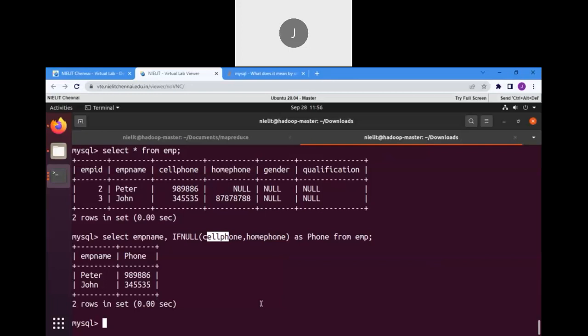And another one is NULLIF. NULLIF is used when both are the same values. In this case, if both the cell numbers are the same, then it will give the result as null. Mostly it is used for comparing two expressions, in the sense two column values. If both are the same, it will give the result as null, and if both are different, then it gives the value of the first expression. I'll write it. Select NULLIF